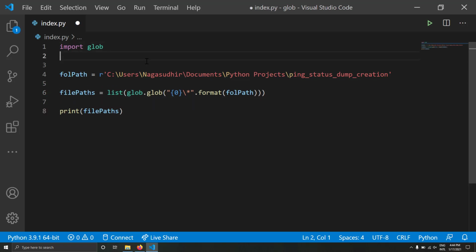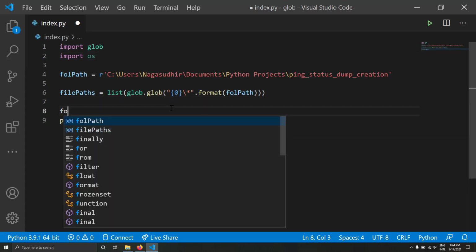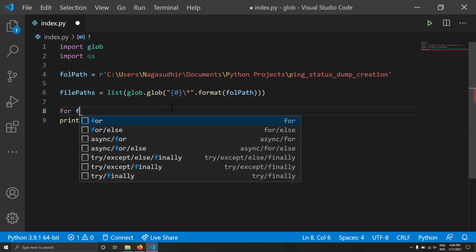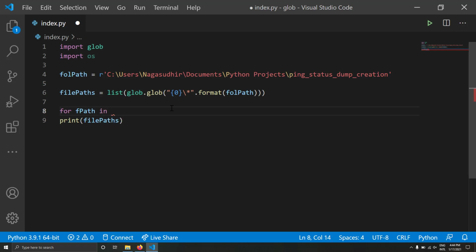What can I do? I'll just write import os and I'll write a for loop: for f_path in file_paths.